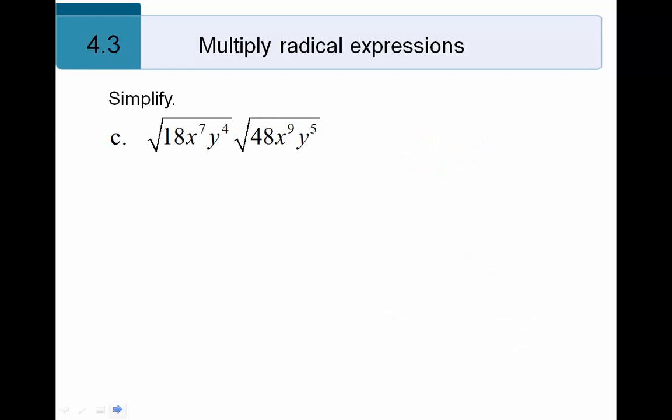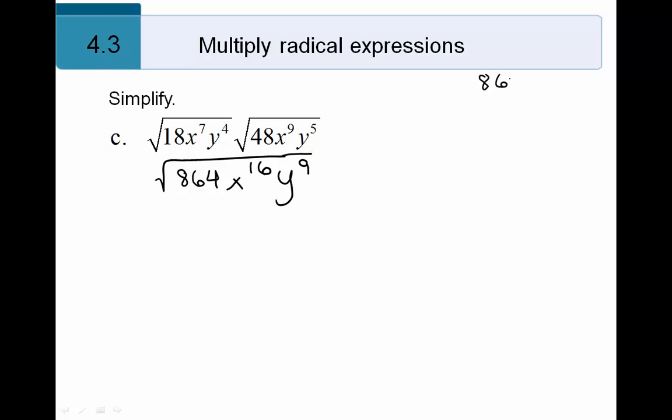All right. The square root of 18x to the 7th y to the 4th multiplied by the square root of 48x to the 9th y to the 5th equals the square root of 864 x to the 16th y to the 9th. Now, as you recall from 4.1,